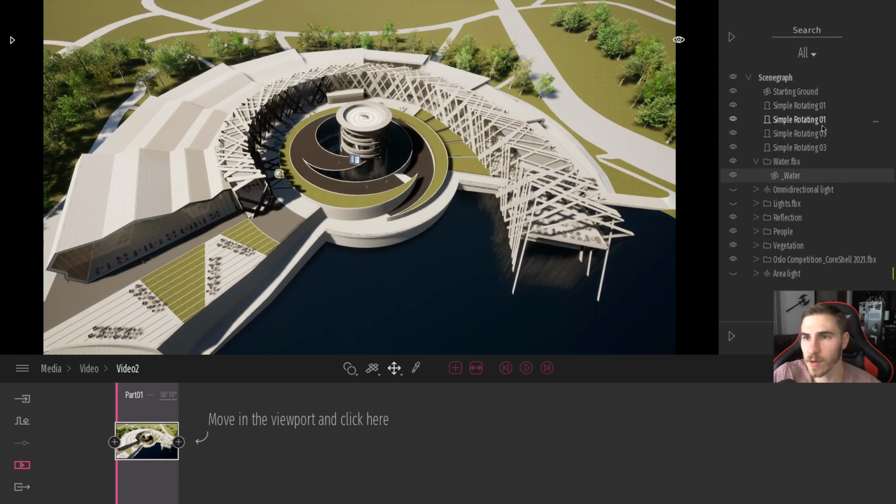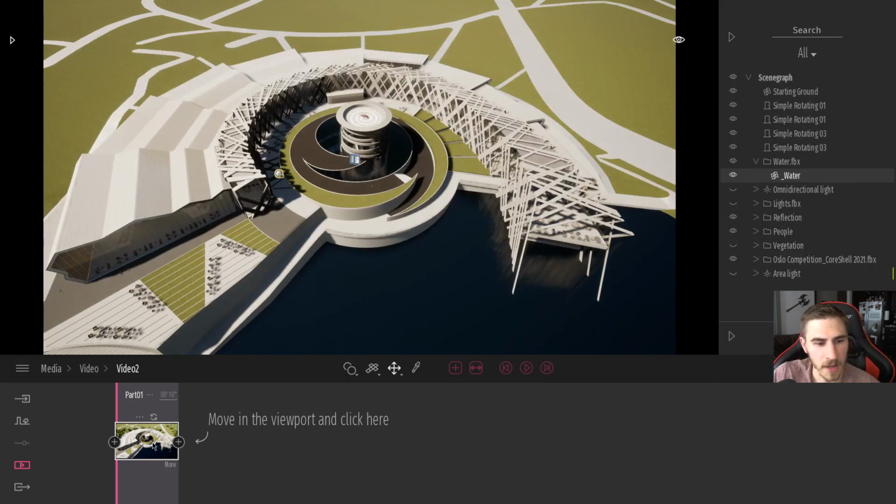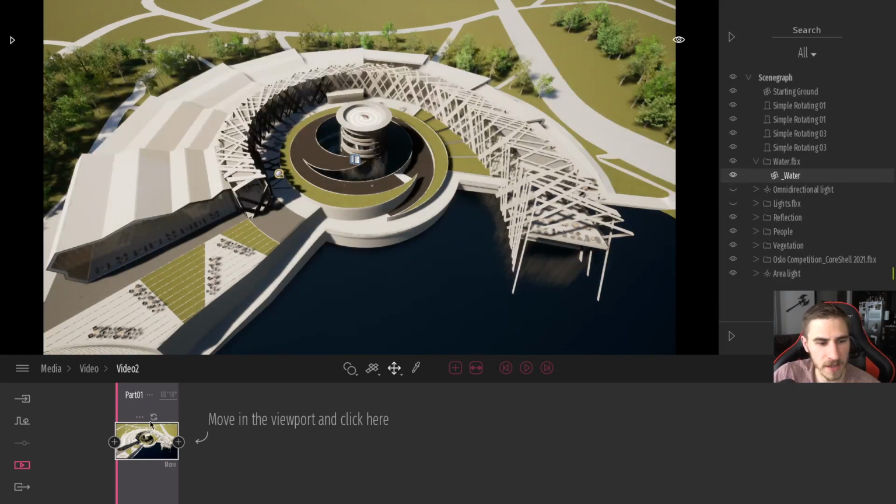Okay, so maybe we say, well, maybe we don't want to see the vegetation, so we can turn the vegetation off, and you'll notice it doesn't actually update here until I press the update. And you can see in the background, my vegetation is gone. Now, I do want the vegetation, so let's go ahead and put that back. I will show it again and then update it. So it's actually called recapturing, so we can recapture. And all that's doing is recapturing all the information, visibility I have, and placing it in my part. Okay, very simple.